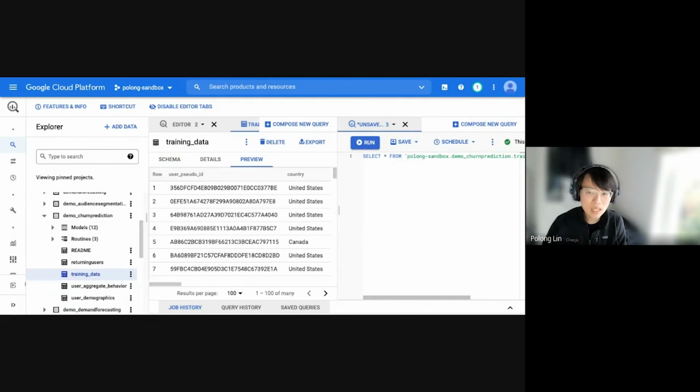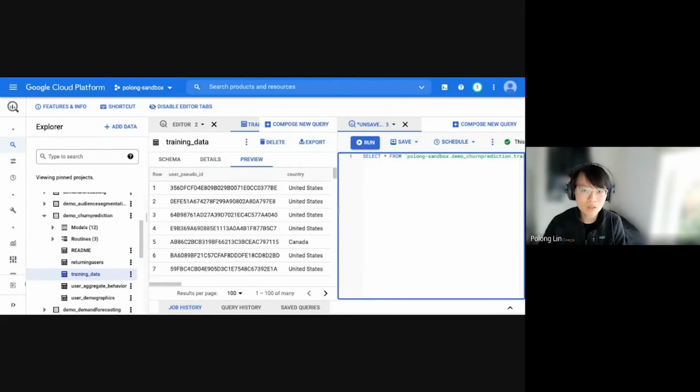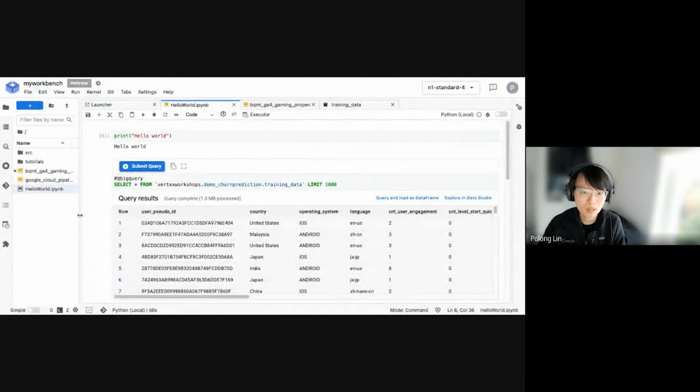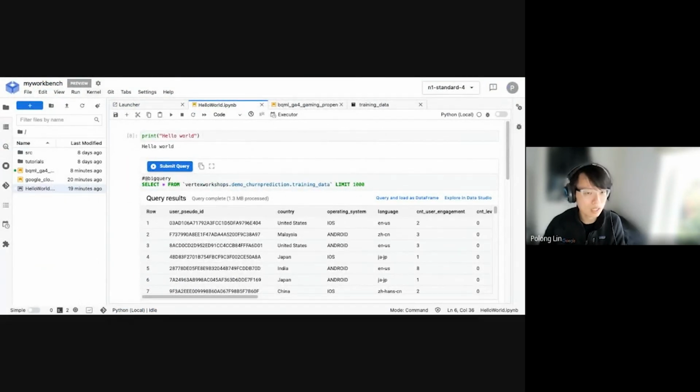But for many data scientists, they prefer working in notebooks. So how do we combine BigQuery data with notebooks? Well, we can actually use Workbench directly for this. So here I'm opening what Workbench is like. And so you can see here, this is a fairly standard JupyterLab sort of looking environment.